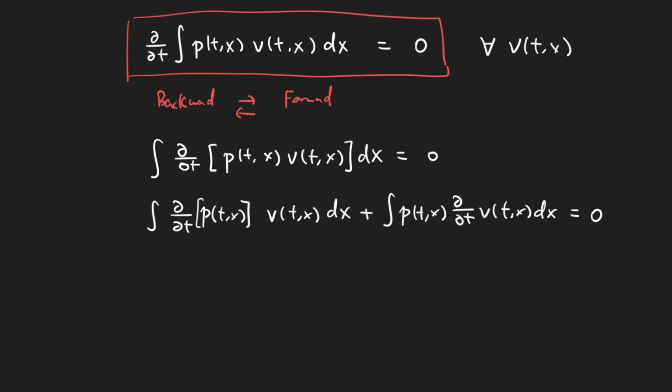Okay, so now if we look at this equation here, we can actually use the backward equation to replace the time derivative of v. So basically the first term stays the same. Let me just copy it. From now, I'm not going to write the arguments anymore to save us some space. And now we just replace that with the backward equation. That's going to give us